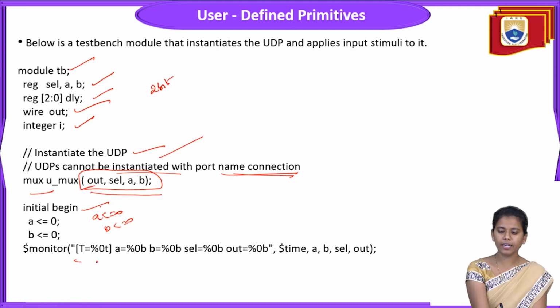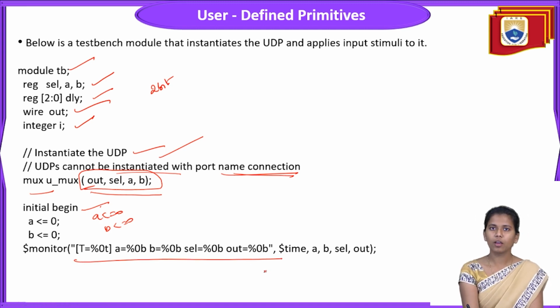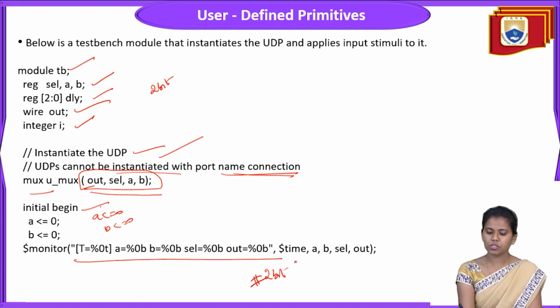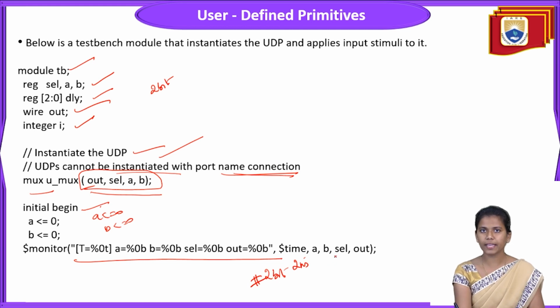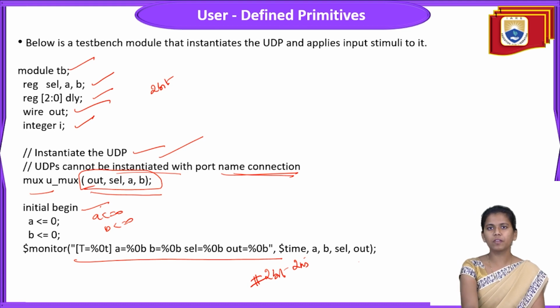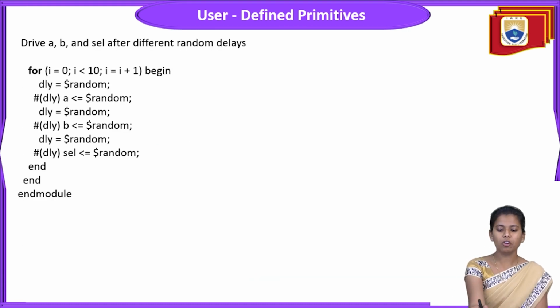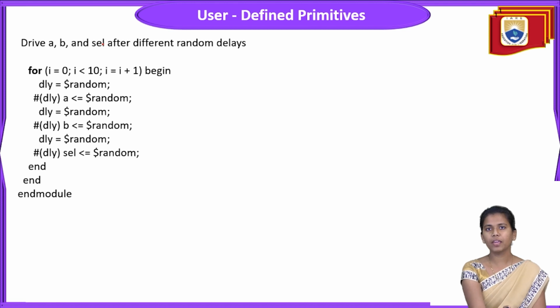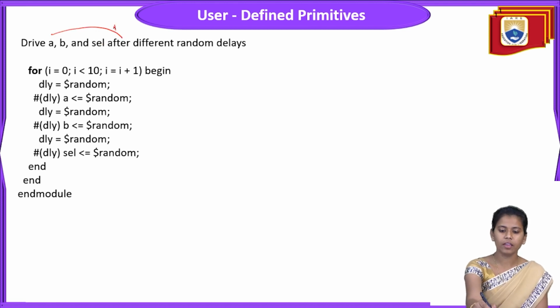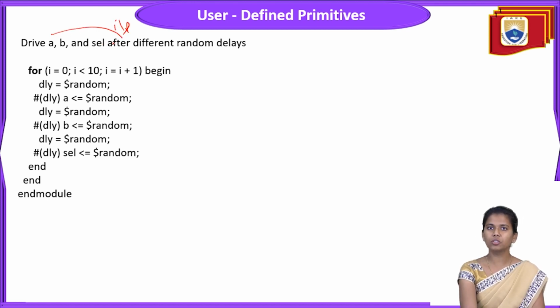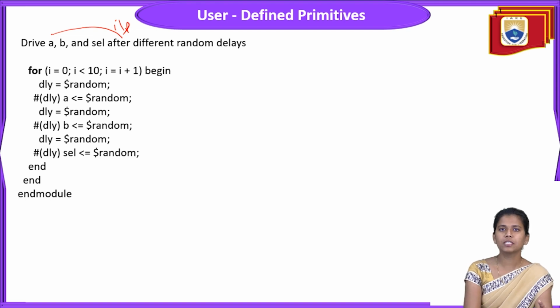So in the display, it comes with a delay of 2 bits and the time as 2 nanoseconds, A, B, selection and output. This is what we observe in the display. But in order to drive A, B and selection lines, these three are the input lines, right? So in order to drive them randomly, not sequence-wise,